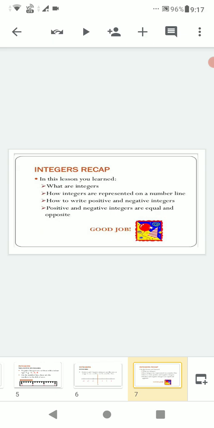So what you have learned today: on a number line, numbers to the left of 0 are called negative numbers. The negative numbers, positive numbers and 0 together form the collection of integers. On a number line, every integer on the right is greater than the integer on the left and vice versa. Then you will learn the representation of integers on a number line and how to add integers on a number line.